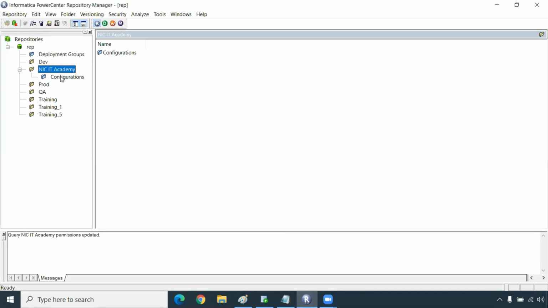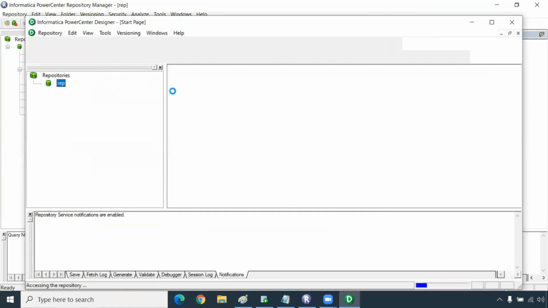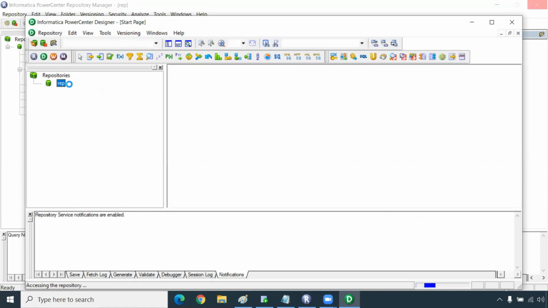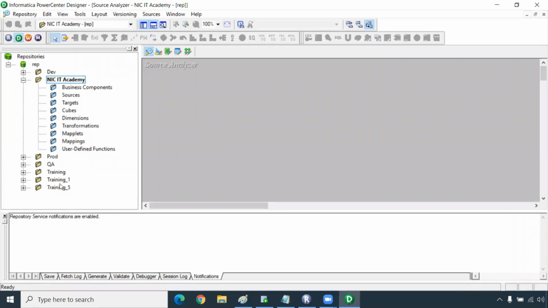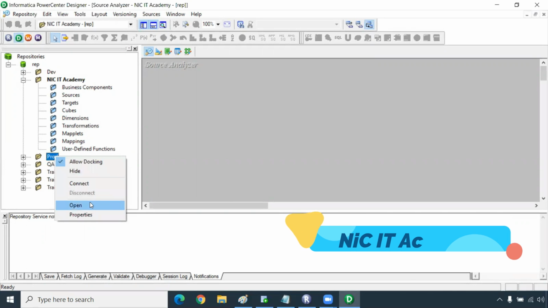From here, I'm connecting to the Designer. You can see the Designer tool here. Whenever you open the folder here, the corresponding folder will be opened here automatically. At a time, you can open only one folder here. You cannot open two folders at a time. If you want to open the second folder, you can right click and open it.